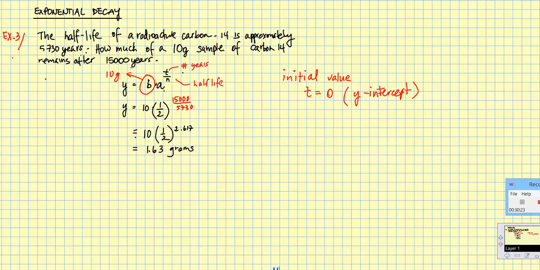Now, let's look very quickly at exponential decay, where we're looking at the half-life of radioactive carbon-14. That's approximately 5,730 years. Okay. Now, it's saying, when you have a 10-gram sample of carbon-14, how much of that sample is going to remain after 15,000 years? So they want to know how much is going to be left over after 15,000 years. All right, so in working that out,